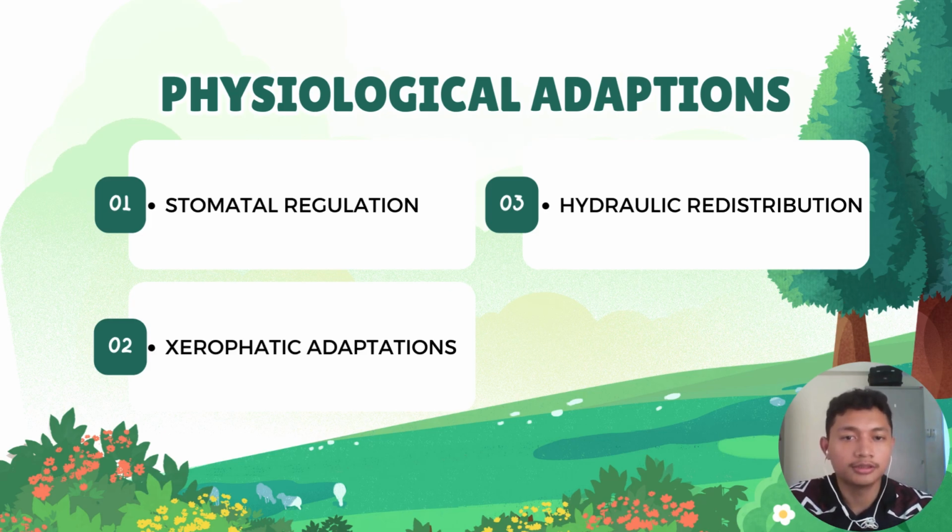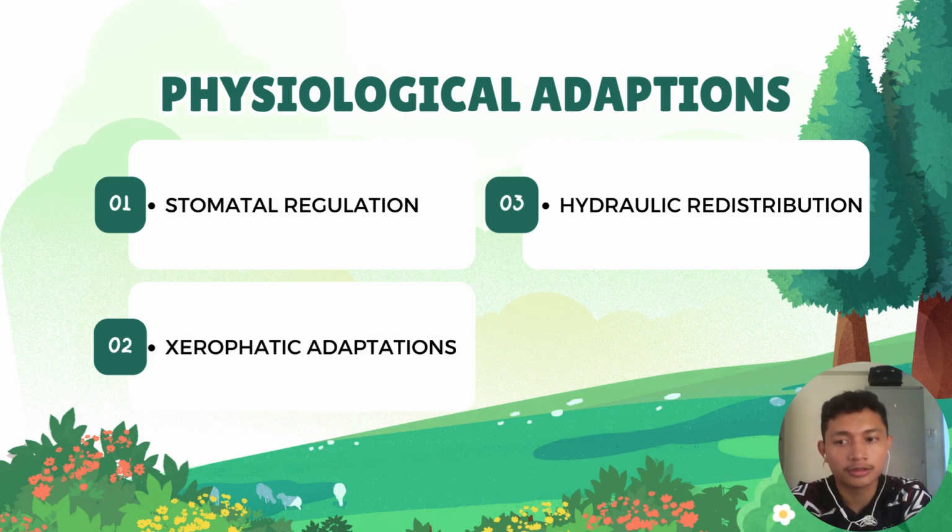Next are physiological adaptations for plants. Number one is stomatal regulation. Plants can regulate stomata opening and closing based on environmental cues. For example, some plants open stomata at night to conserve water. Next is